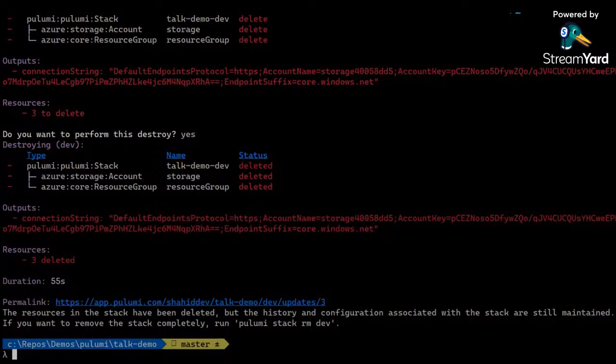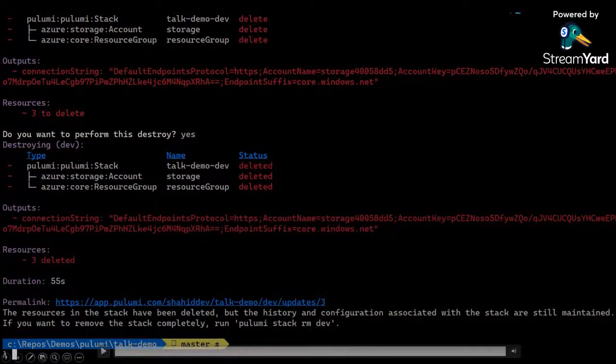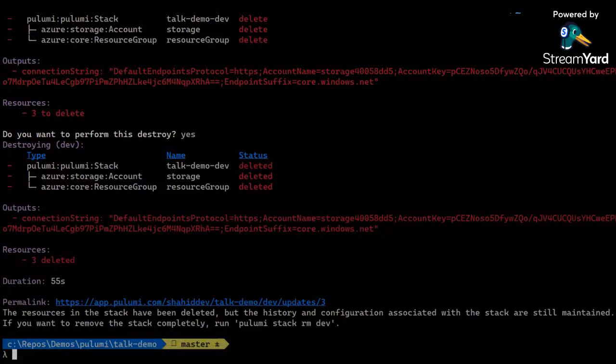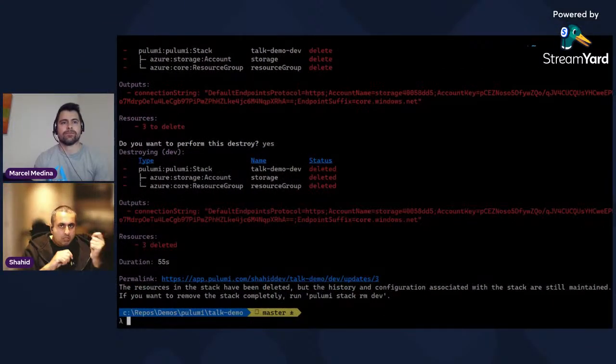This particular recording, I did have to clip a little bit because it did take slightly longer. You can see that it took 55 seconds. One thing to mention here is people sometimes ask me, is it faster than using ARM templates or slower? And the reality is all cloud APIs are essentially asynchronous and they're not necessarily deterministic. So what takes 10 seconds today may take 25 seconds, 2 minutes later. It's just quite variable. So there is no real performance benefit over one or the other, because invariably the key driver for the behavior is really the underlying implementation of the API and what's happening on the cloud provider side. There may be some silent failovers and whatnot going on.